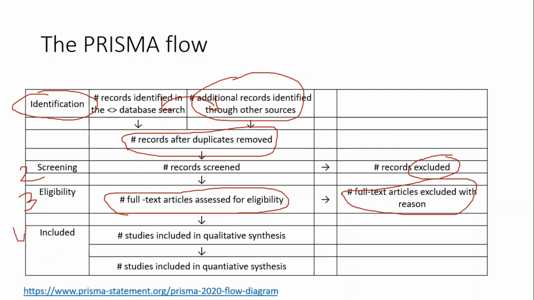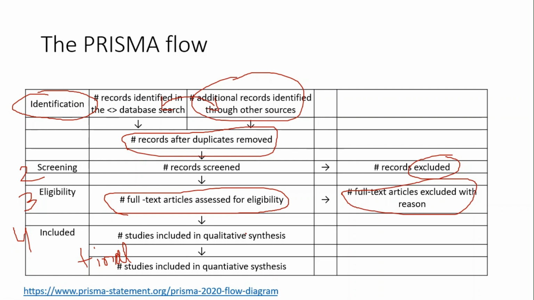So in the fourth stage, which is included, you tell the final number. Okay, what is the final number? Right. So this is mainly the PRISMA flow, and you have